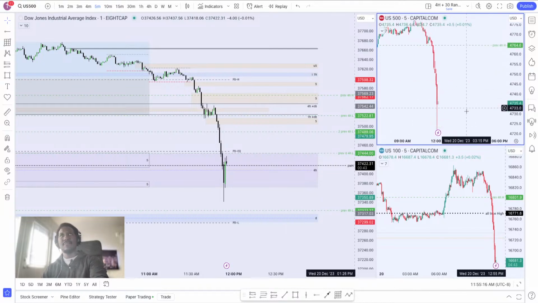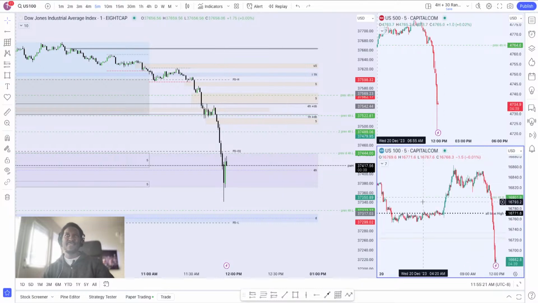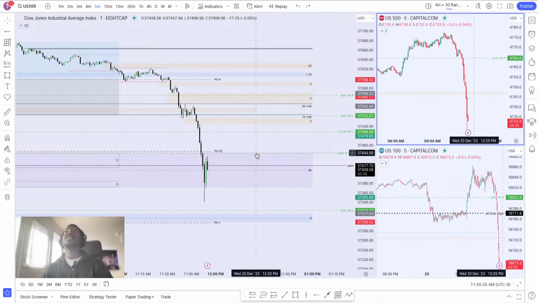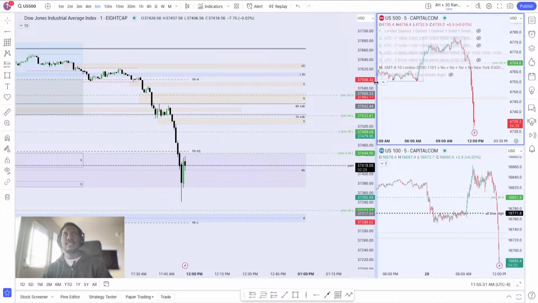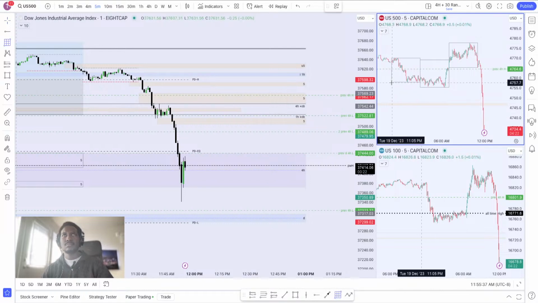So all these levels now have been traded through. We don't need them, but they can come back here and find some support. So let me just have them there. What else do I need to do? Let me draw up the 4-hour ranges, and then we'll be done with this thing in terms of analysis. We just now look for setups.